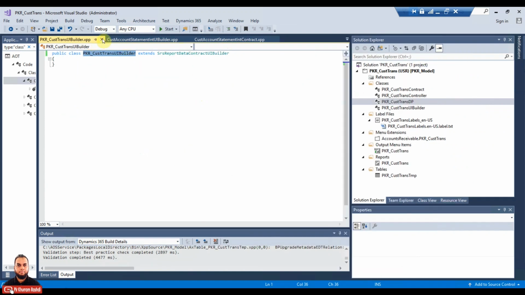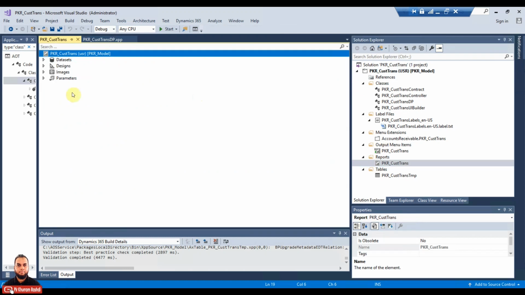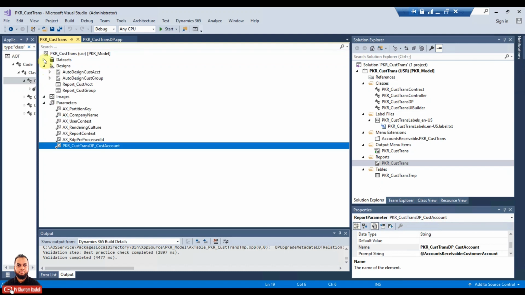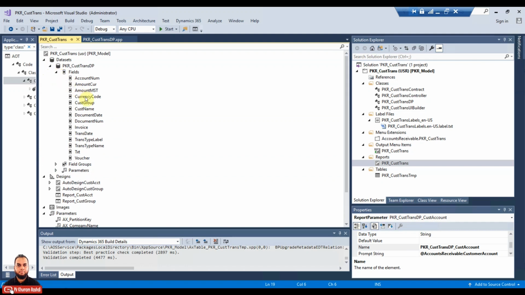Let me close all windows. Now one more thing is we need to also check in our report whether the new parameter is now appearing or not. So it is not appearing here because in the contract it should appear, and although we have restored, but I think